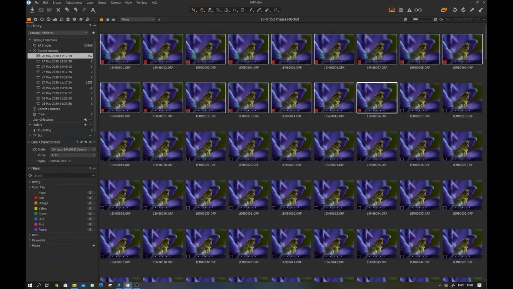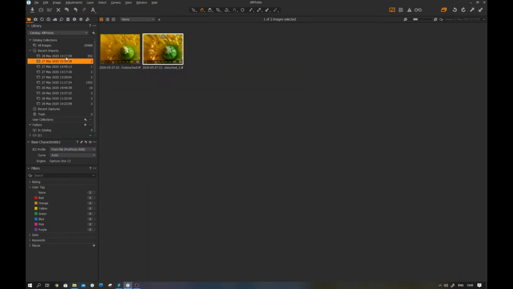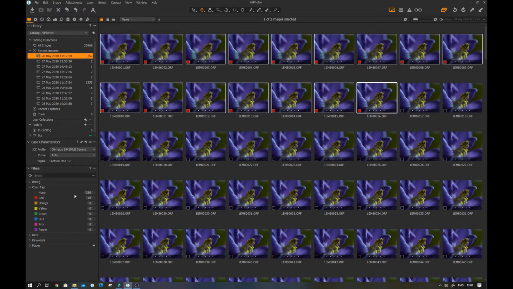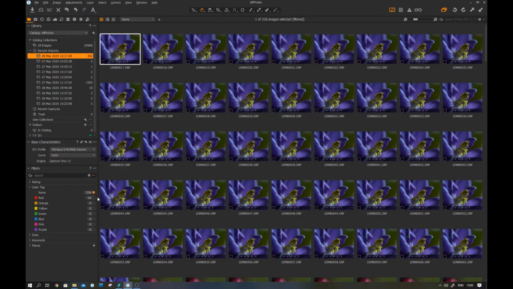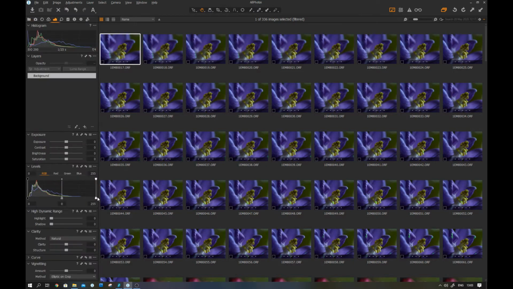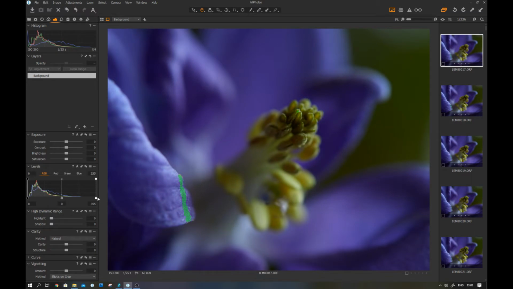If I just go into here and just show the images that basically exclude the images that I've marked as red. So now go back to that image. That is the first image that I want to form my stack. If I carry on down,